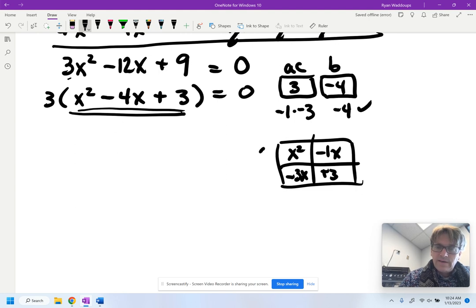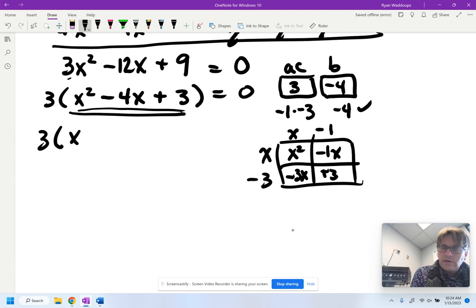And these have x in common, and these have x in common. These have 3, and this has 1. And then I look and I say, well, I think that's negative, and that's negative. And so my factors are 3 times x minus 1 times x minus 3, and all of this is equal